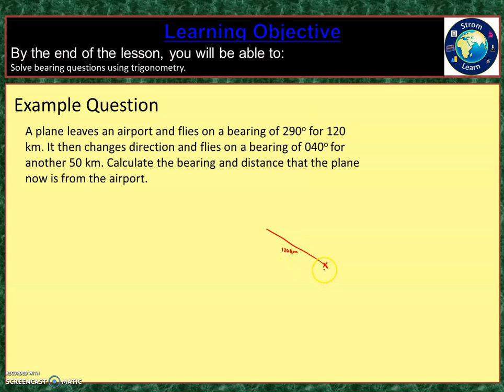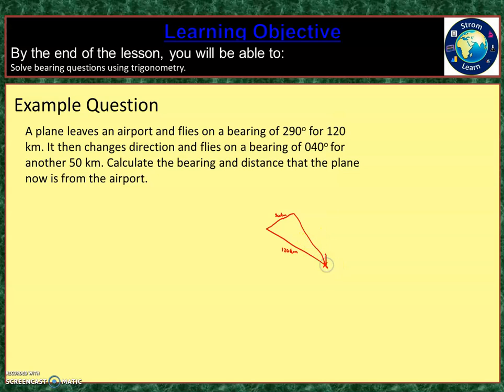It then changes direction and flies on a bearing of 040 degrees. So that might be up here somewhere. I'm just going for 50 kilometers, so I'm going to do a shorter line. And then it says calculate the bearing and distance that the plane now is from the airport. Okay, so if I join that back up to the airport,